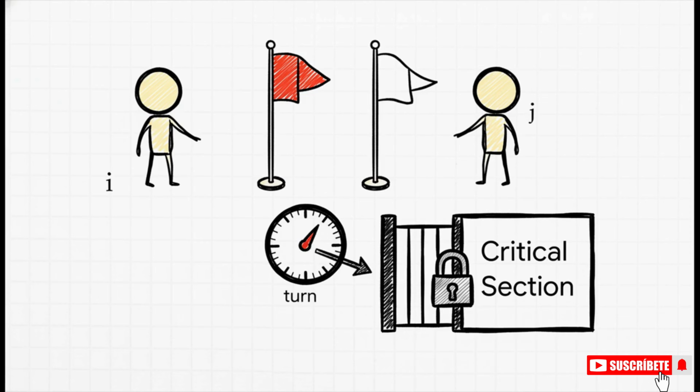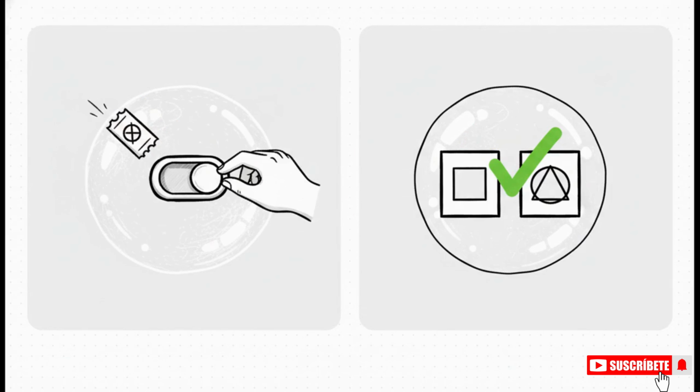It waits only if the other process also has its flag up and it's their designated turn. It's this beautiful little piece of logic that guarantees only one can get through. It's a real testament to the ingenuity of early computer scientists, even if modern computer architectures mean it's not guaranteed to work anymore. In the real world, all modern synchronization is built on top of special instructions provided by the